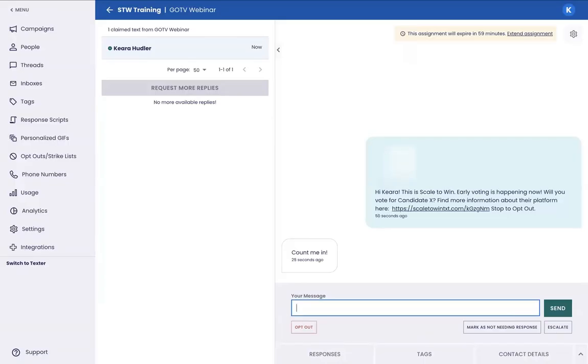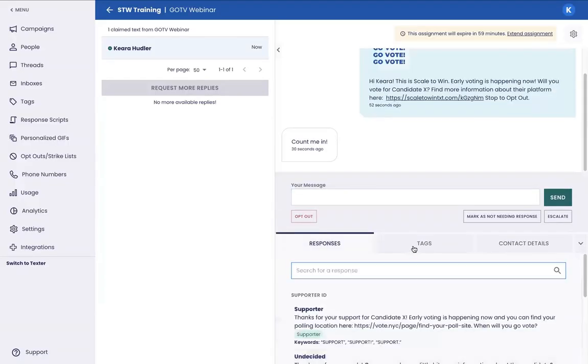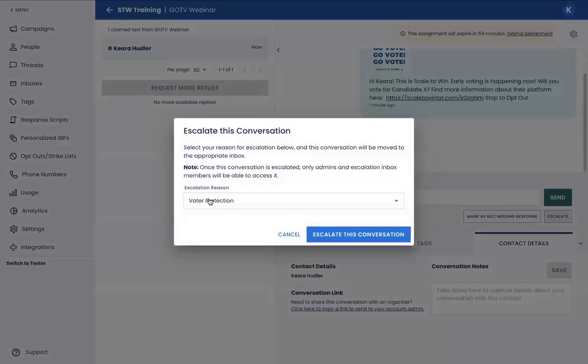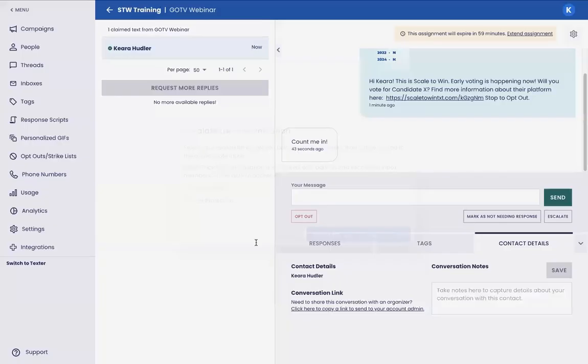I'm able to open my response scripts, apply tags, and see contact details for this contact, and even take notes about a conversation. I can also escalate conversations to my escalation inbox. And while Scale to Win Text has a number of responses that will trigger a contact to be automatically opted out, I can also manually opt someone out if their response was so creative that it didn't get captured by